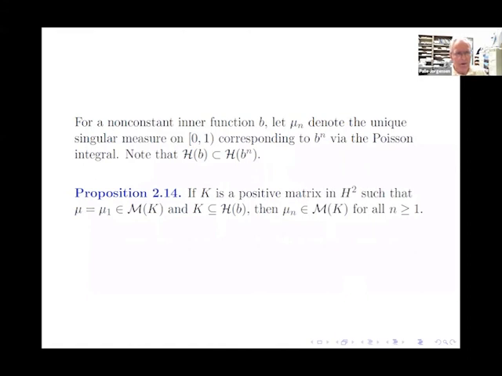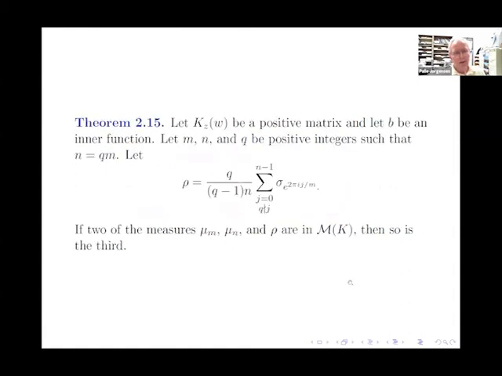But what I'm going to do with this one here is a little more detailed analysis of iterated powers of an inner function. So note that an inner function gives you a mu, but powers of an inner function are also inner functions. So you get a sequence mu n like this. And so we want to study the properties of such a sequence here. So the mu n's come from a single inner function B here. So the theorem here is a little technical. I really don't have time, but I'll try.